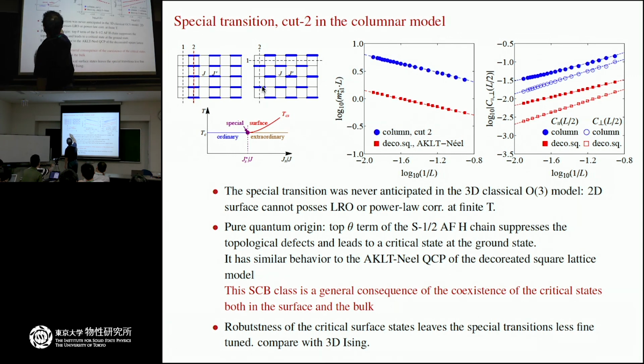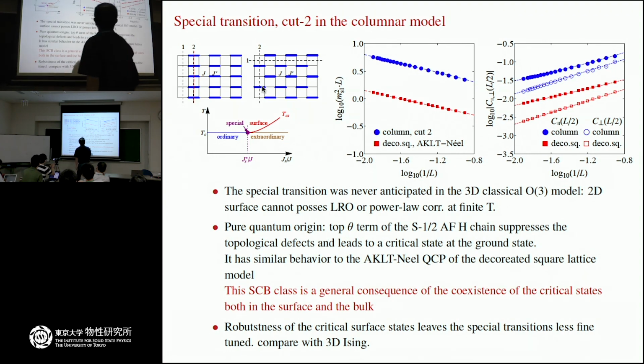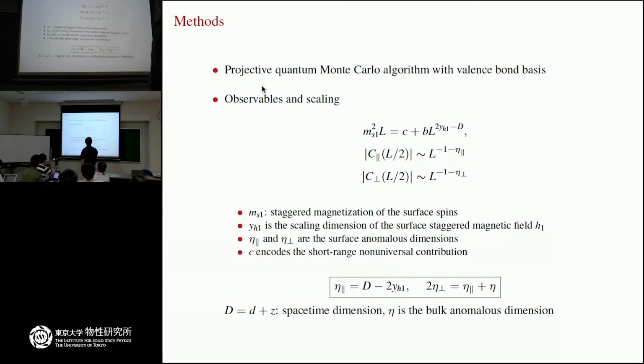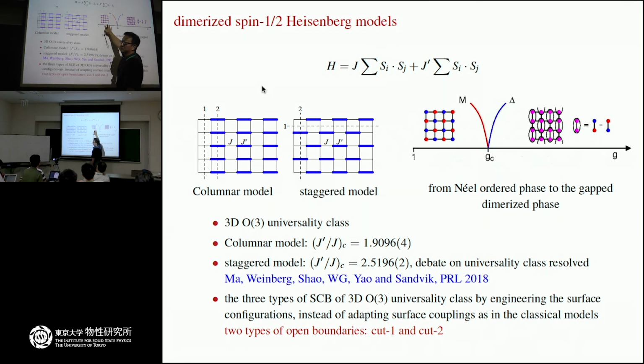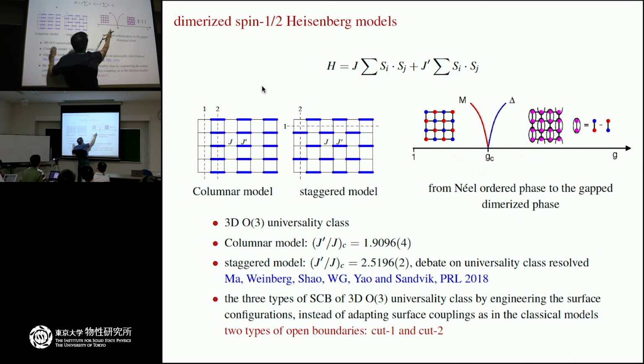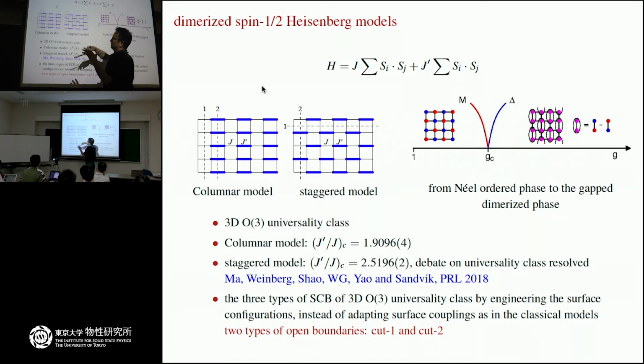So you imagine this phase in the quantum case is, okay, I should stop. In the quantum case, it's this part. High temperature matches this. Low temperature is Néel. Okay. Then you set it here. But if you cut here, you get the ordinary. If you cut here, you get special. And I will tell you, if you cut here, you get extraordinary.